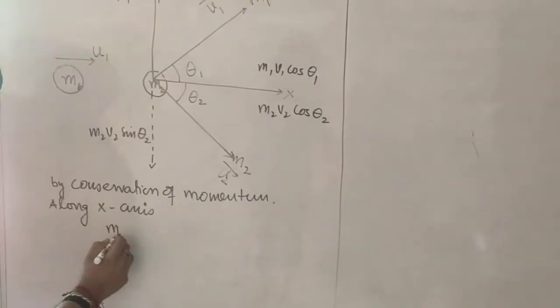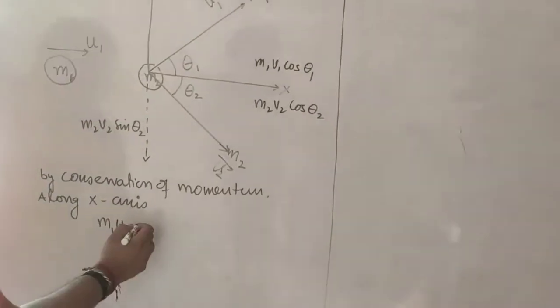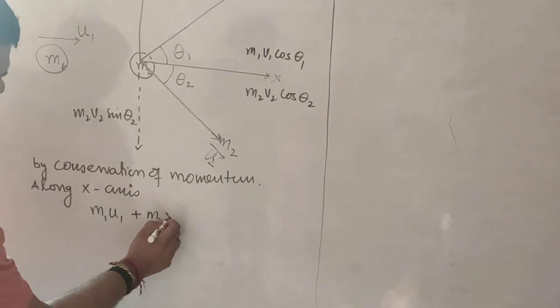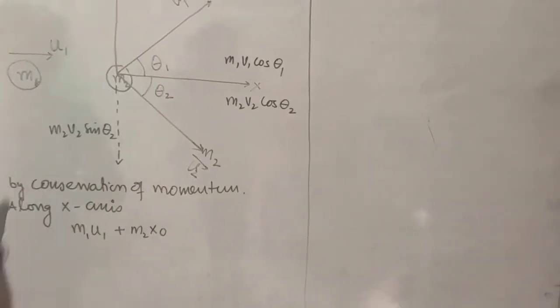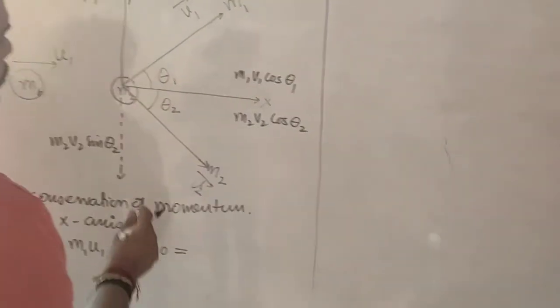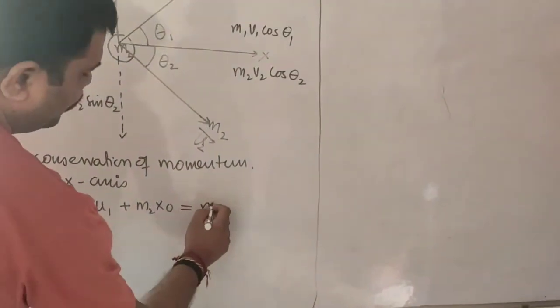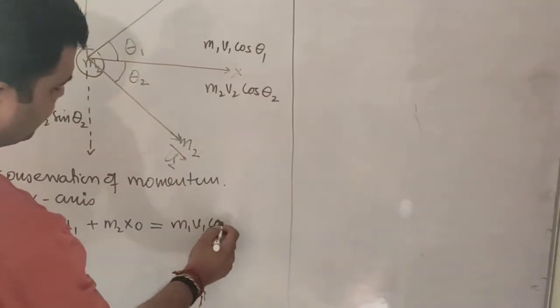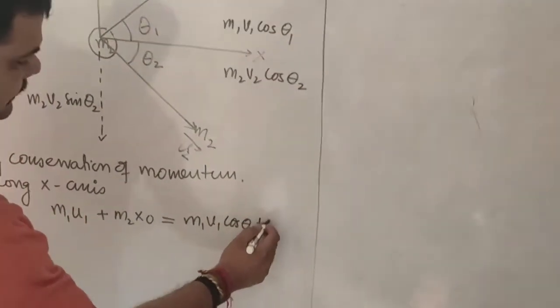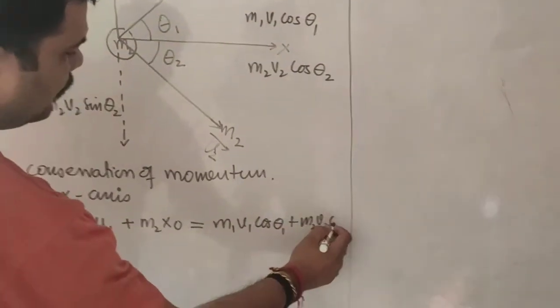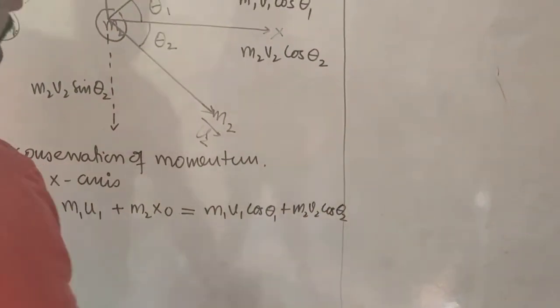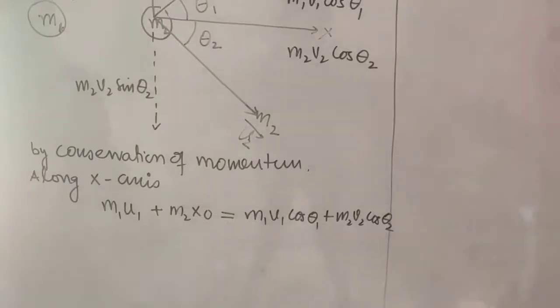Momentum before collision is m1 u1 plus m2 into 0, because this is at rest, is equal to, now I will take the horizontal components, m1 v1 cos theta 1 plus m2 v2 cos theta 2. This is conservation of momentum along